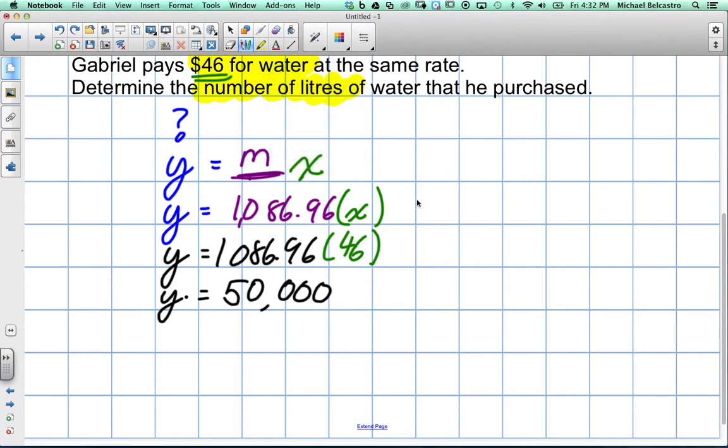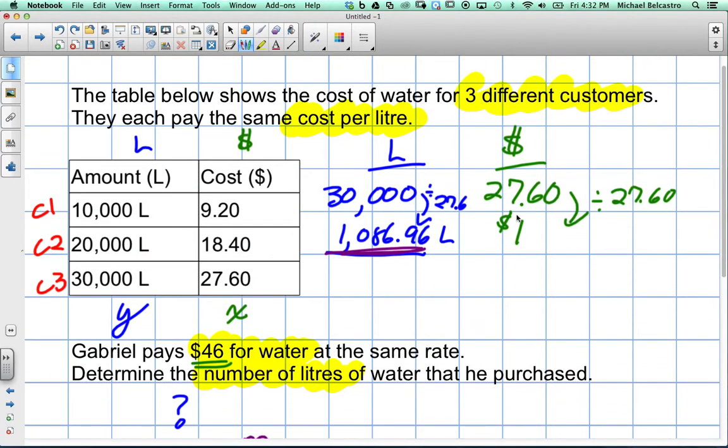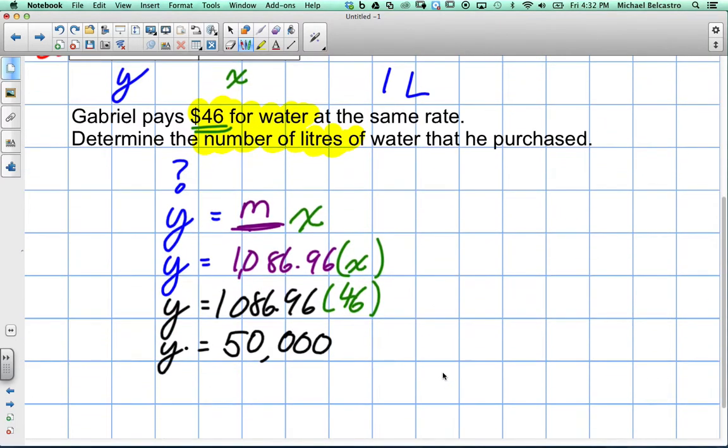Now, we could have done this another way. You see how we reduced our dollar amount to $1? We could have reduced our liter amount to 1 liter. Okay, so let's go through that same process and see how we build the equation algebraically and how